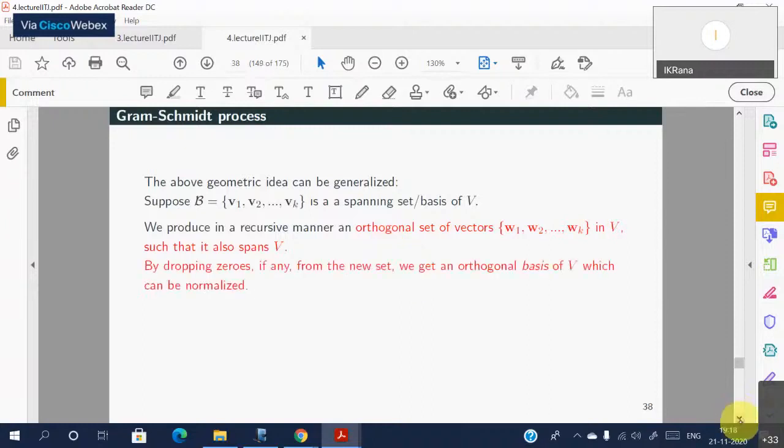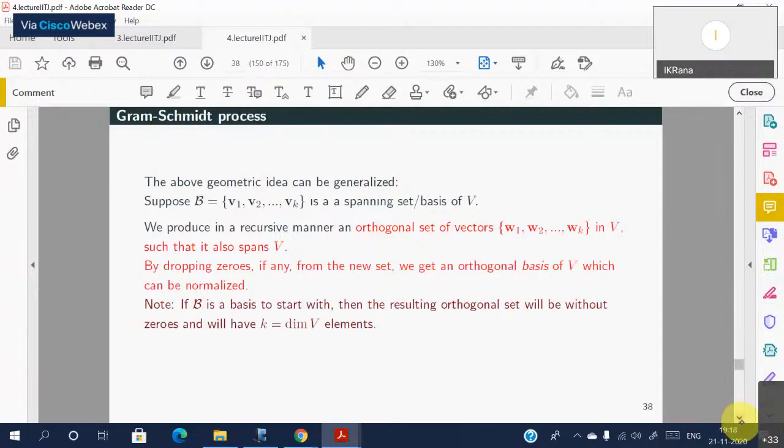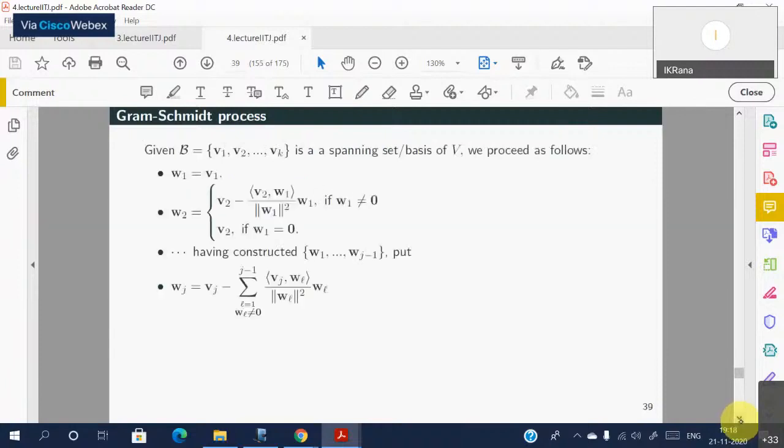because at every stage we will only remove a scalar multiple of the previous ones. So this is what is called the Gram-Schmidt process, and many of you would have done it probably. So if B is a basis, a spanning set for a vector space V, it may not be linearly independent. If linearly independent, it is very good, you will have saved a lot of work, right? So one can do that, but we don't have to do that.